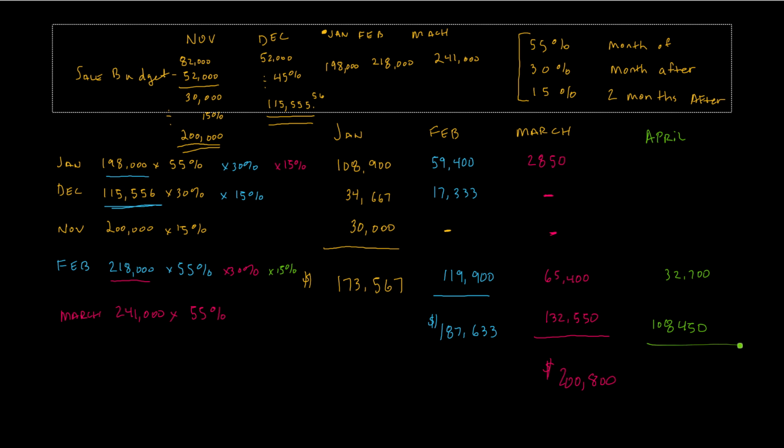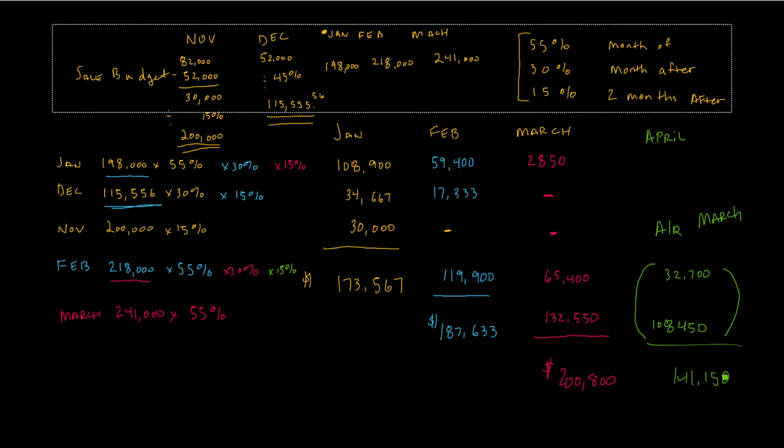If I add these two up, this is going to give me my AR as of March, which is the 108,450 plus the 32,700. Oh, that's not right. There we go, which equals